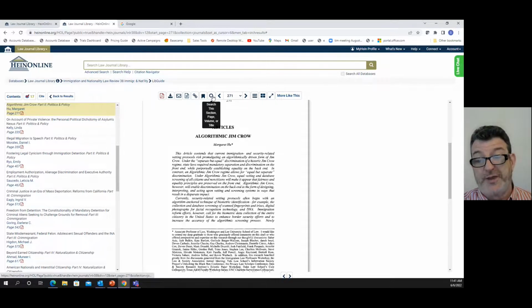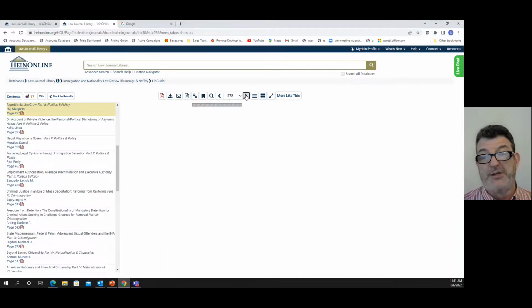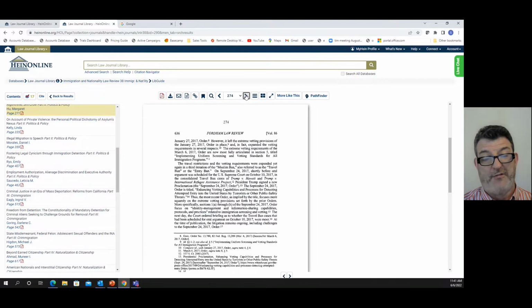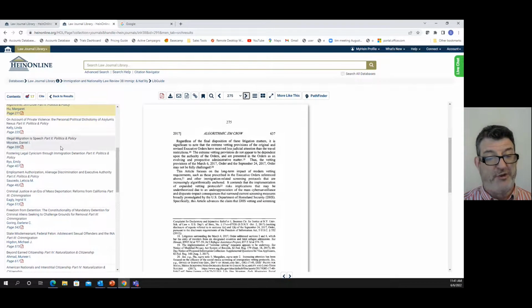Now, if you want to do a search within search, say you wanted to search the word equality within this Jim Crow article, you could do a search within here. You just click here and put the term in the search field, and you can do a search. Now, because this is an image, you can change the pagination and go right here to any of the other parts of HeinOnline. You could go to various parts of the table of contents of this document, and notice all the different hypertext links.